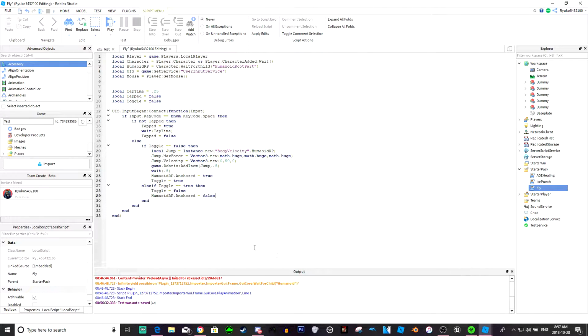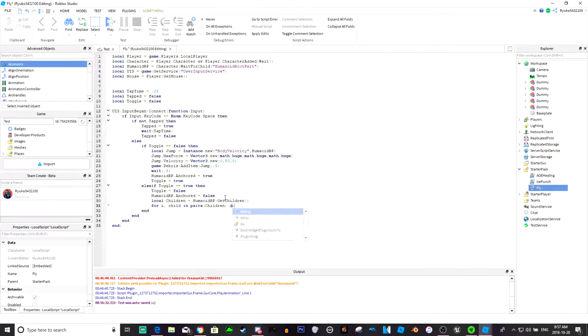Now we're just going to get any body velocities in it. So local children equals root part:GetChildren. Now we're going to do for i, child in pairs children do